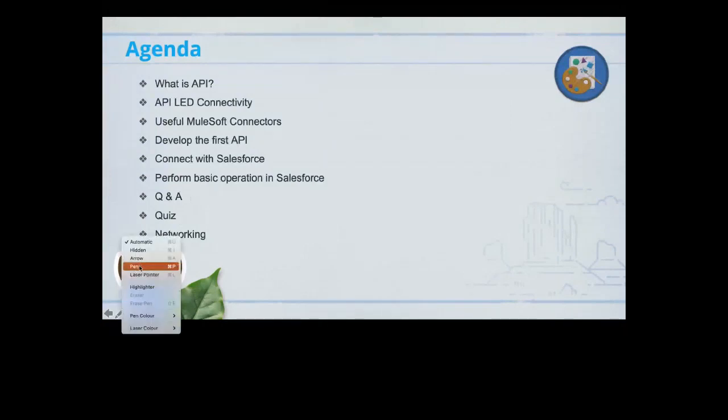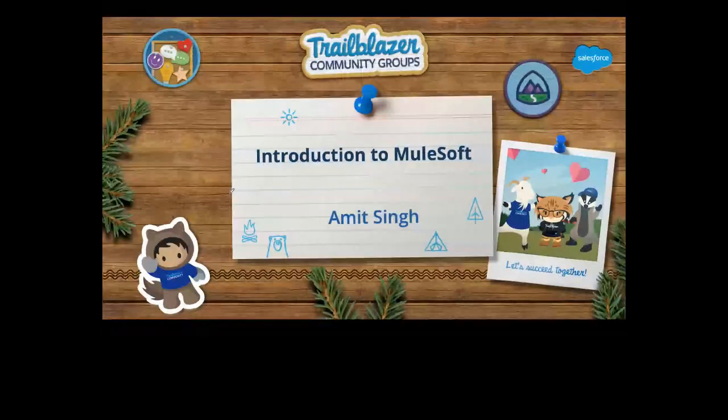Even if you have any questions, I'll suggest don't wait for the end Q&A section. In between, you can interrupt me and ask the question. I'll request Meera and Parvati, if there is any question in the chat window, please feel free to interrupt me at that time so that we can make the session interactive and fun learning. The first half is going to be kind of a theory part, and I will make it easy for you. Then in the second half, we'll talk about the practical implementation, how we can develop the APIs.